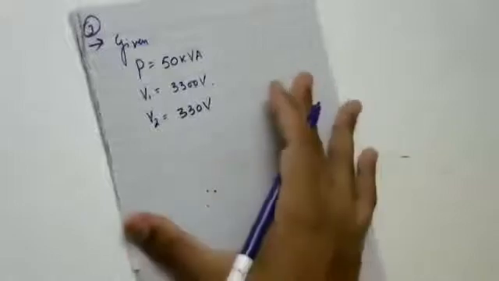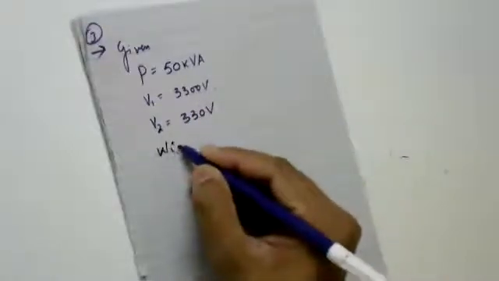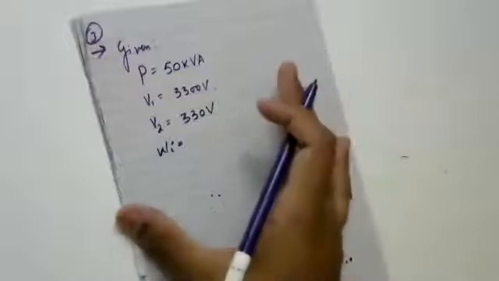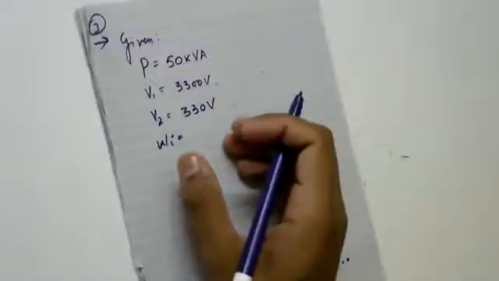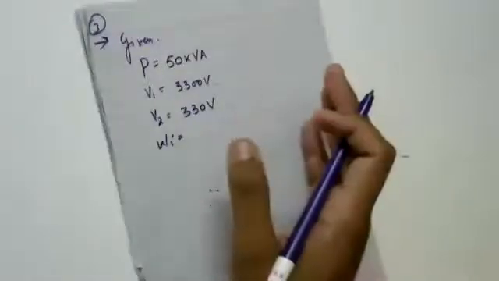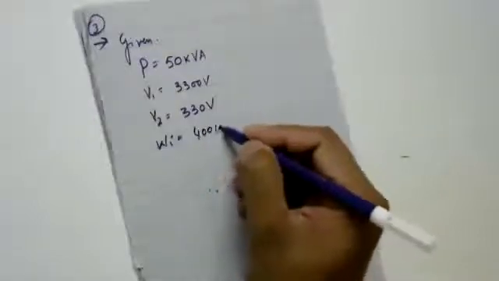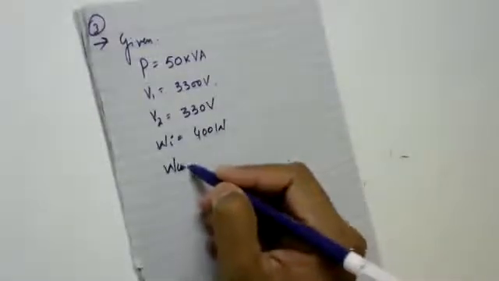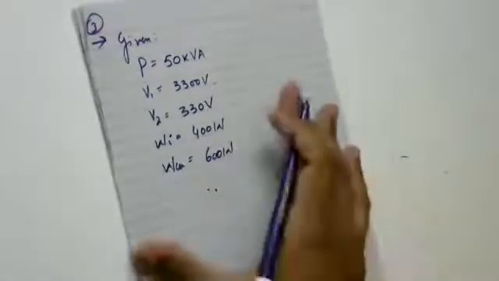Single phase transformer has iron loss and full load copper loss. So it means iron loss is the constant loss. So at any given load, the value of Wi will not change. So he is mentioning it as a transformer has iron loss and full load copper loss. Iron loss is how much? Iron loss is 400 watts, and your copper loss Wcu is 600 watts respectively.